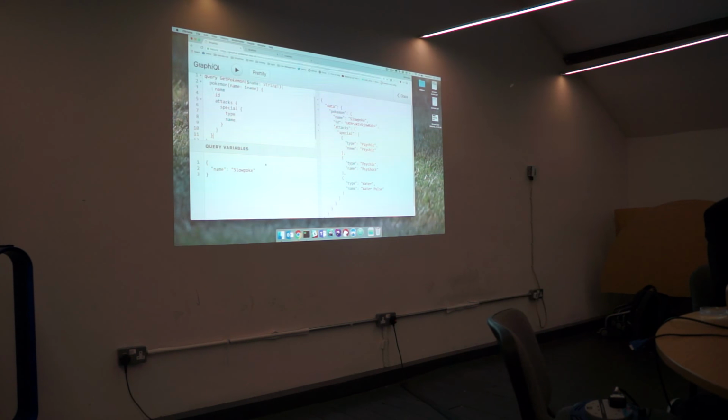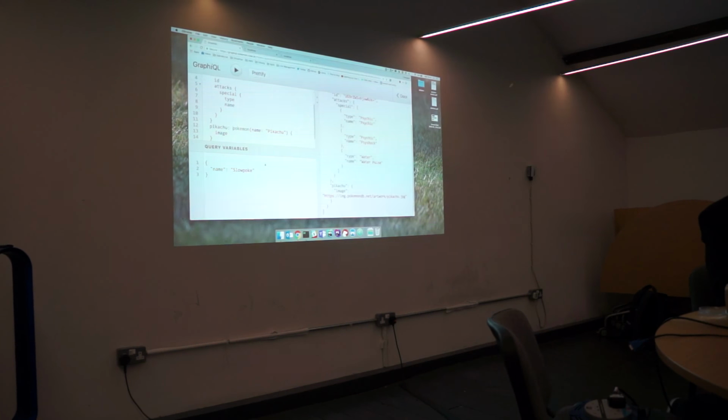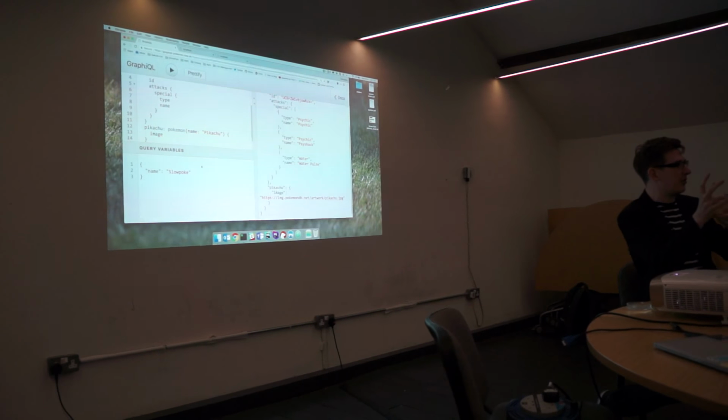So you can also do, as I mentioned, aliases. So say you want to go get another Pokemon at the same time. And we get an image each time because pictures are awesome. You can see it can fail, because the data structure comes back that mirrors your fields, you can't have multiple identical field names, so I can alias stuff. And again, you can see how that data structure follows through. So you kind of craft the data that comes back as well.